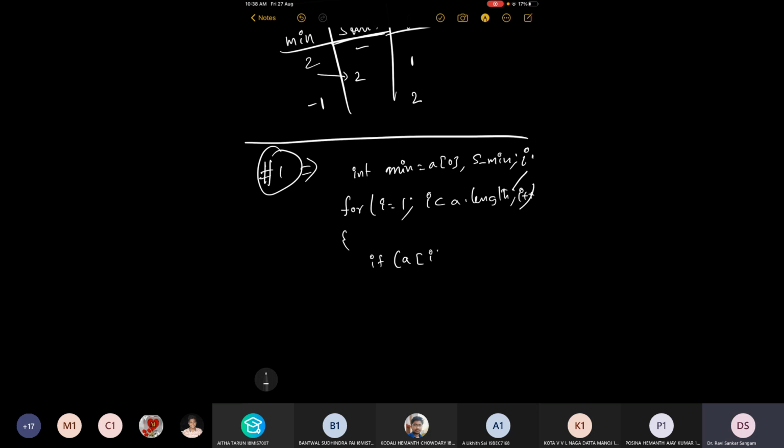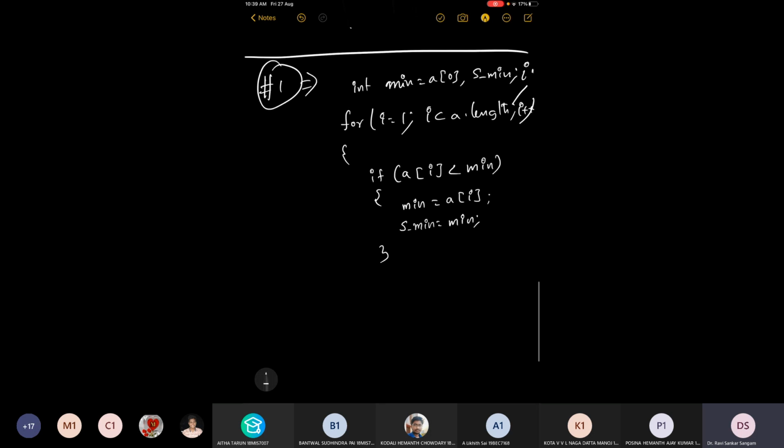If A of I is less than minimum, then minimum is equal to A of I. What is our second condition?